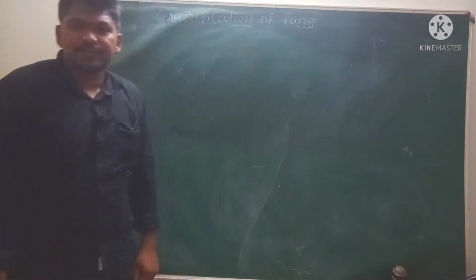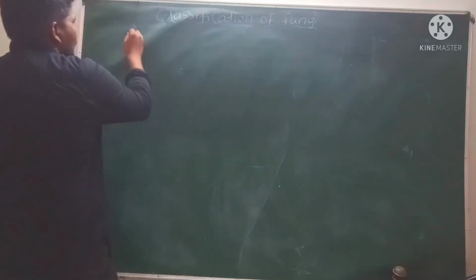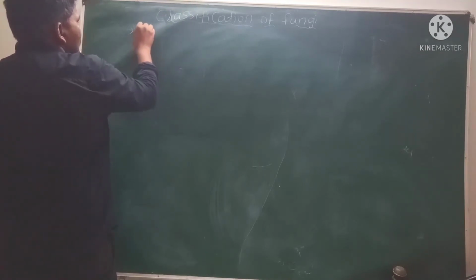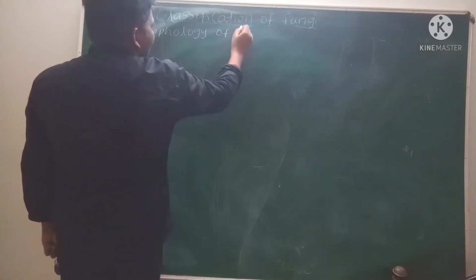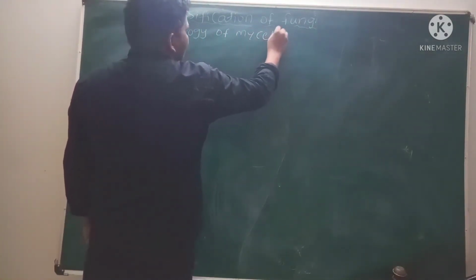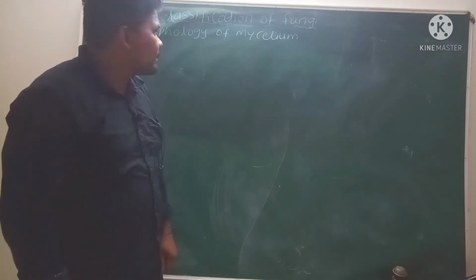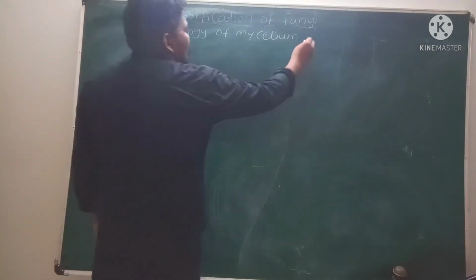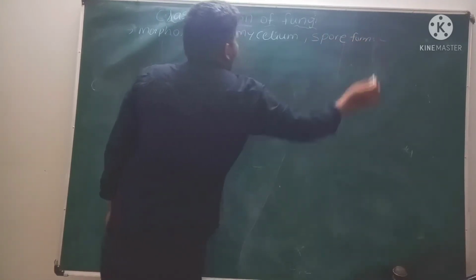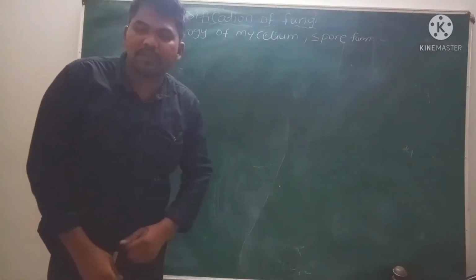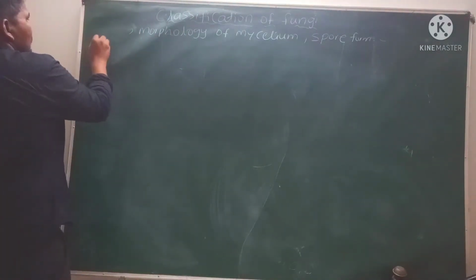Classification of fungi. Fungi are classified into 4 groups based on the morphology of mycelium. Already we know what mycelium is: a network of hyphae is called mycelium. Based on the morphology of mycelium, the mode of spore formation and fruiting body formation, the fungi are divided into 4 groups, that are: number 1 is